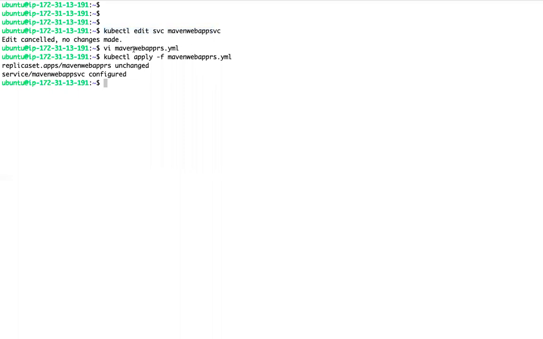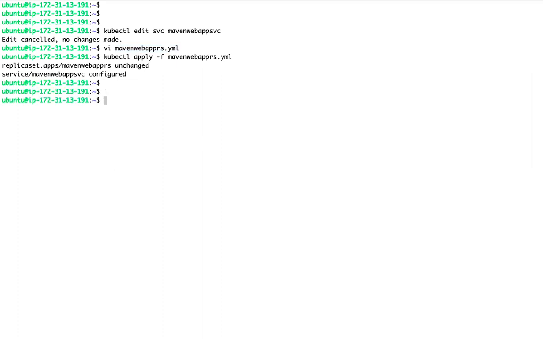So I just modified this one and I applied the change. If you just modify the YML, right, it's a file. You are just modifying that YML. It will not reflect. You have to apply those changes if you are using a manifest. So I modified this YML, then I am applying. If you just modify, it is just a file. You need to apply those changes. So now we updated the service.